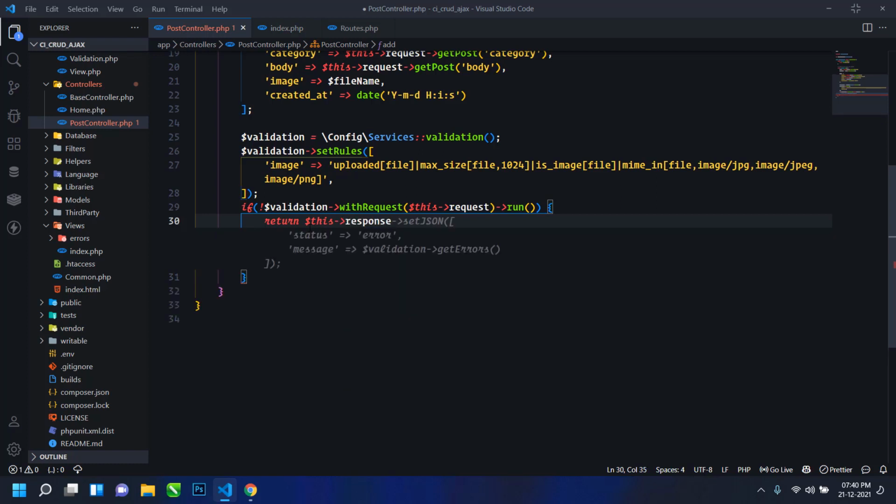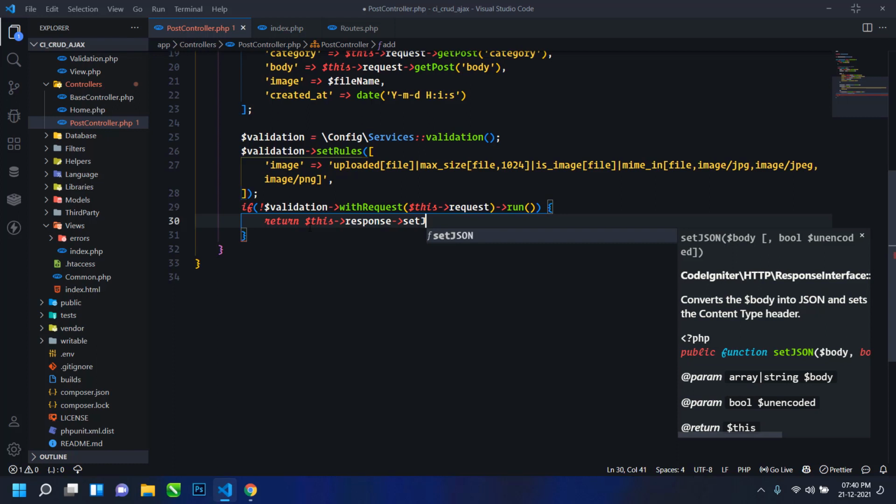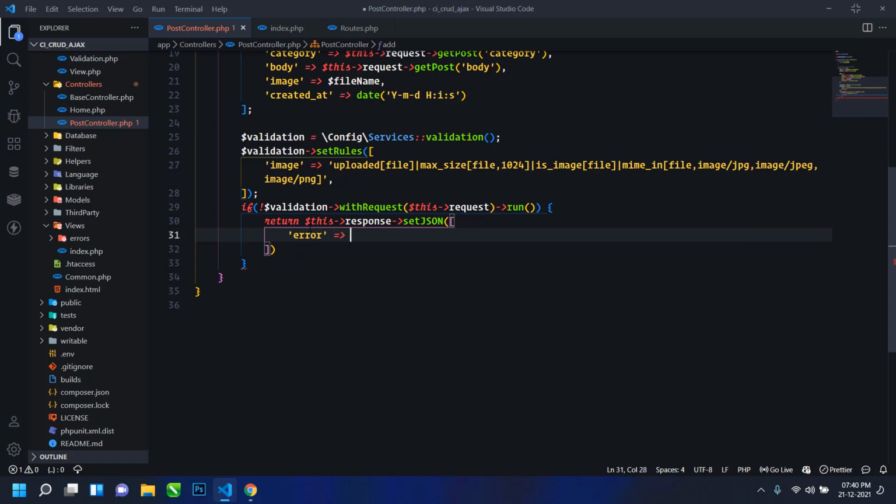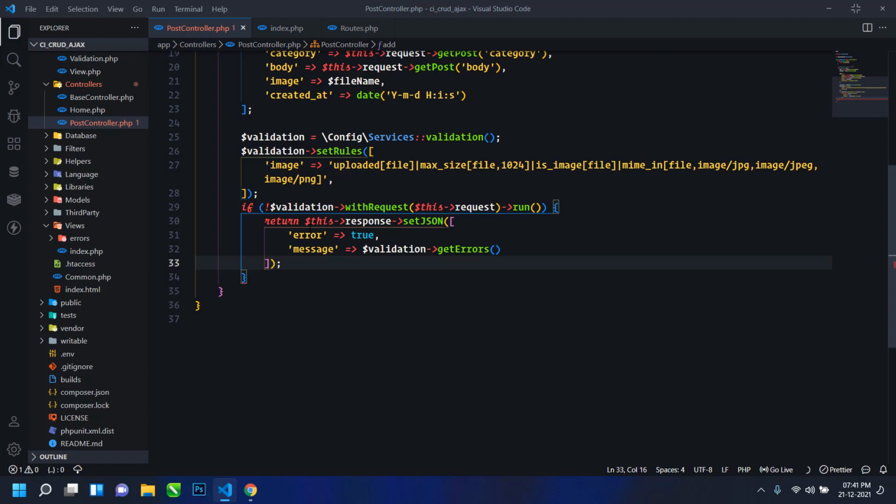I will return a JSON response, so here I will use the setJSON method, and in error I will set true, because this is an error, and in message I will write validation getErrors.